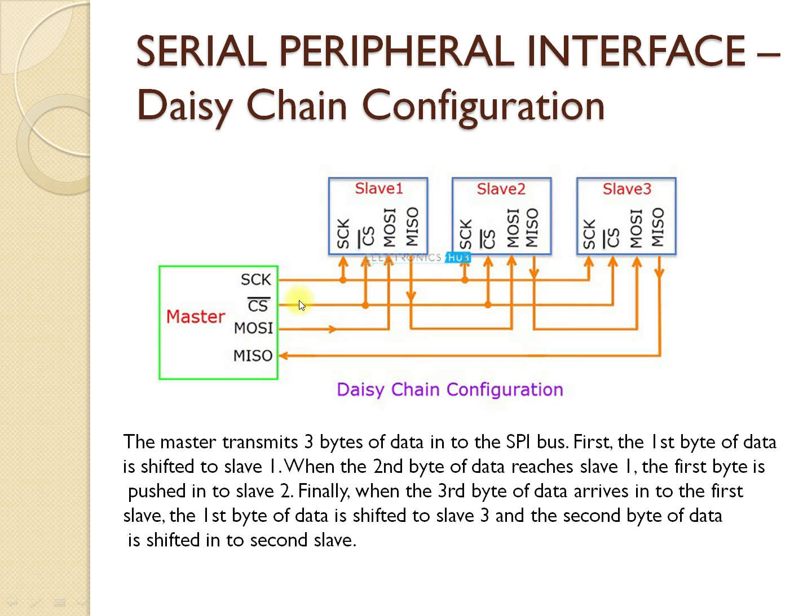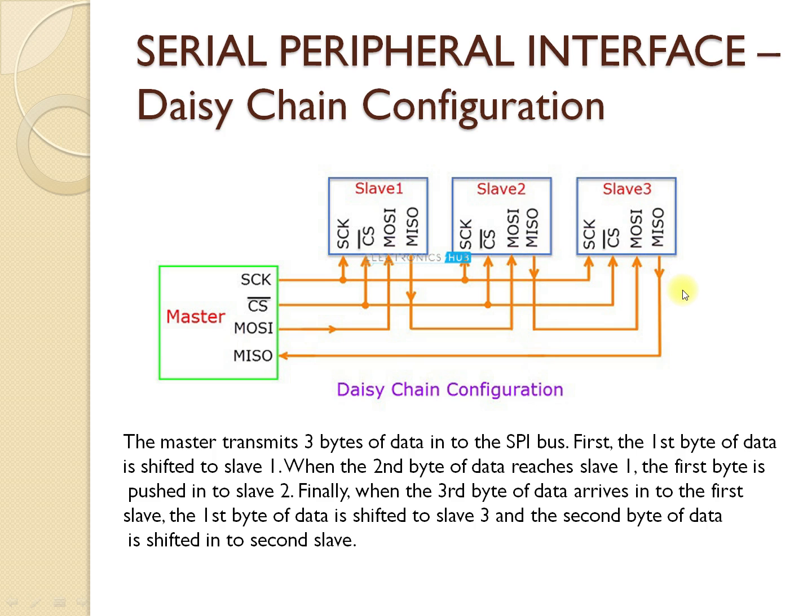Here the configuration is coming like this. The clock signals are going to be connected in common, as in the previous one also, and the chip select is also common, commonly connected to all the slaves from a single chip select pin. The MOSI is going to be connected to the first slave, and the first slave's MISO is connected to the second slave's MOSI, and the second slave's MISO is connected to the third slave's MOSI, and so on.